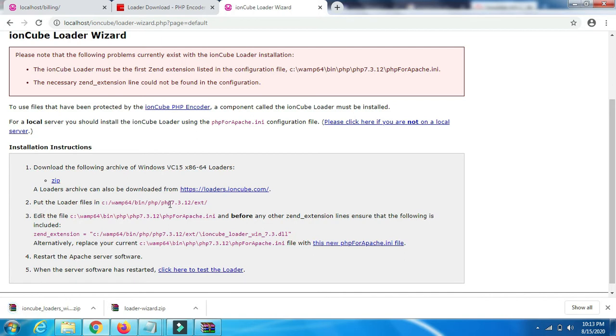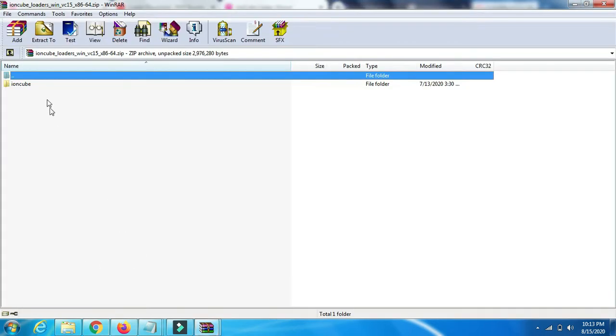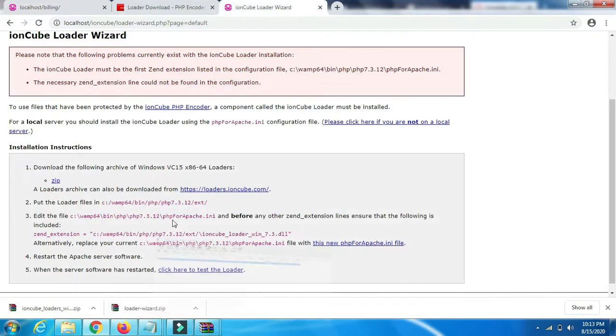You need to extract that file in the PHP folder. The path is mentioned. I will open the path using the run command on the system.